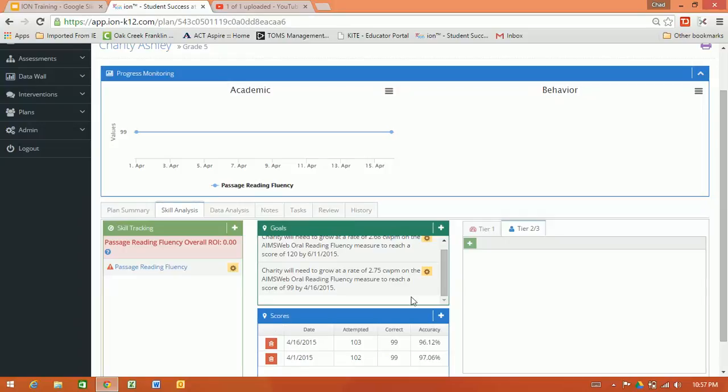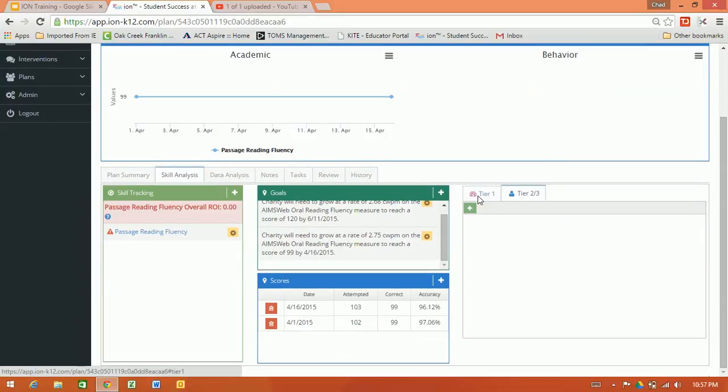And so you can create this plan. It's kind of a tier 1, tier 2, tier 3. You can identify what kind of level it happens to be at. As we get to tier 2 and tier 3, we would have a more formal intervention. It might require a little bit different documentation, and